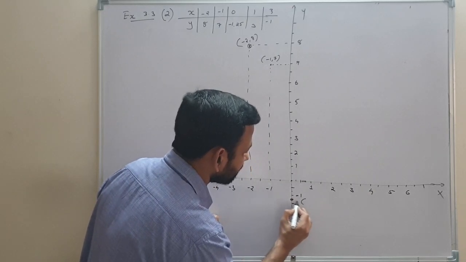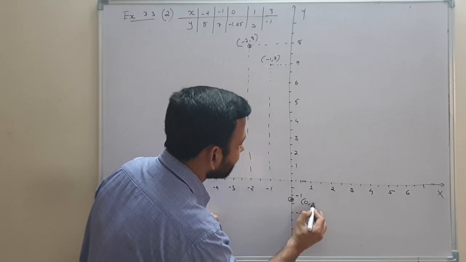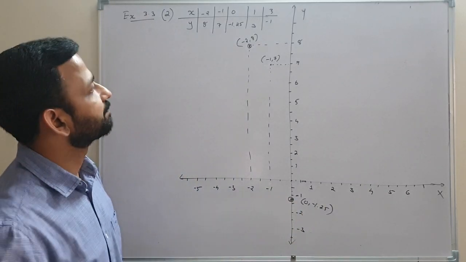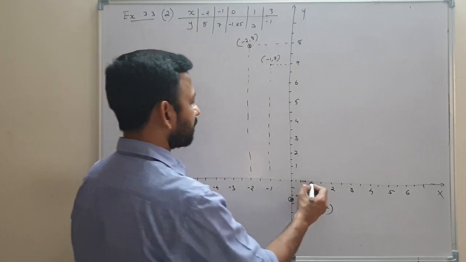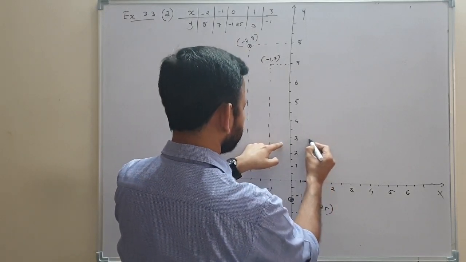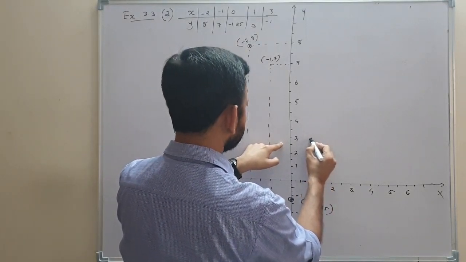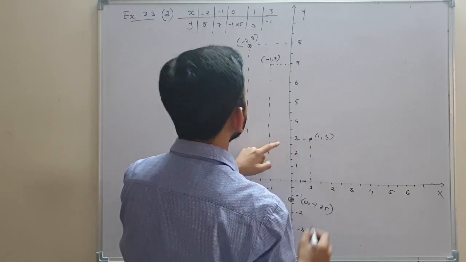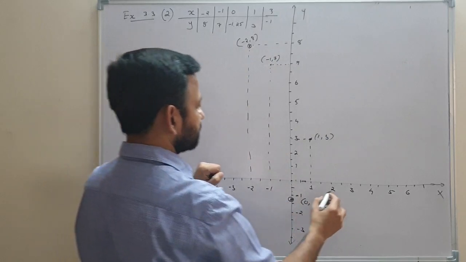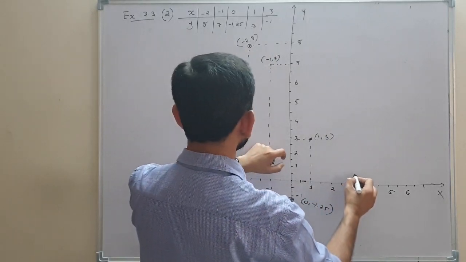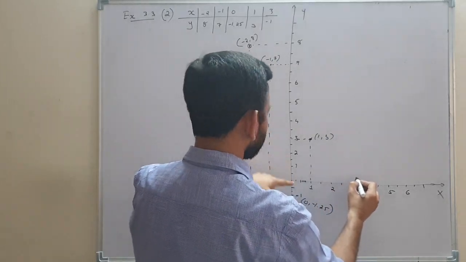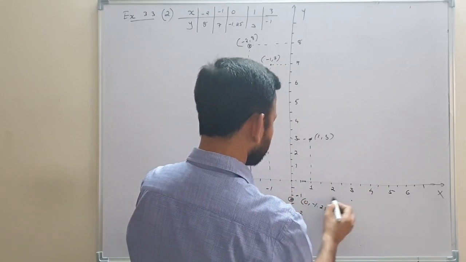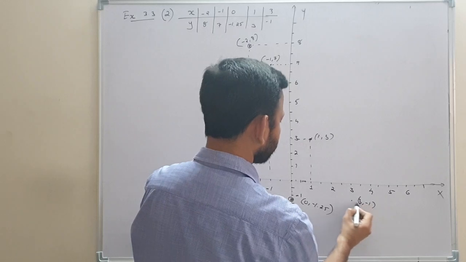The x coordinate 0, comma minus 1.25, that point. Then 1, 3: here 1 and here 3. And 3, minus 1: in the x-axis 3 and in the y-axis minus 1. Here minus 1 is here, 3 here, so this is that point, 3, minus 1.